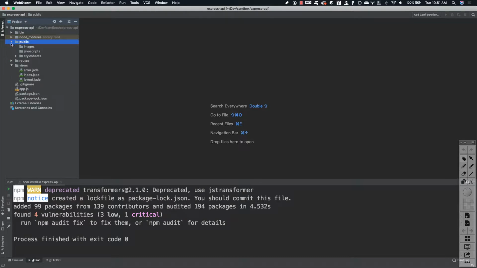The public folder right here, it usually holds images that you're going to be serving out as part of your pages, JavaScript that's going to be included in your pages, and then style sheets that will be included in your pages. Now remember, when we first executed the Express generator, it set up an Express monolithic app, which means all